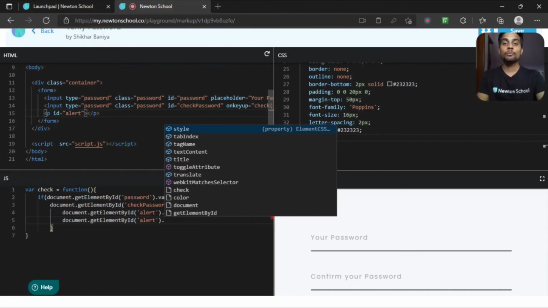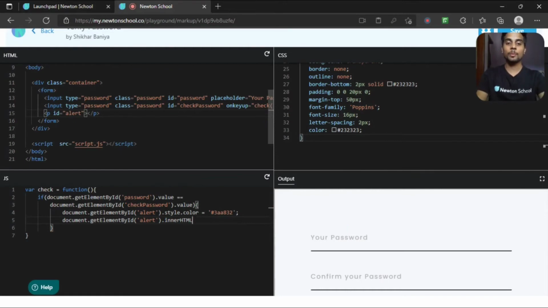Okay, so if you want to pass any HTML code using JavaScript, you have to write this innerHTML property. Now you have to write that HTML code. Inside single quotes, first I want a span tag. Let's close this span tag. Now inside this span I want to use the first icon. In order to use the Font Awesome icon, we have to use i.